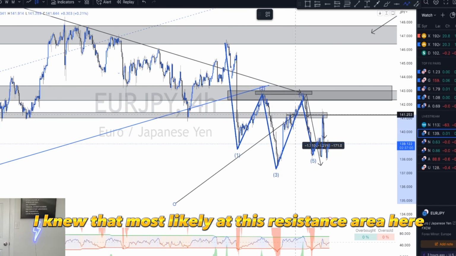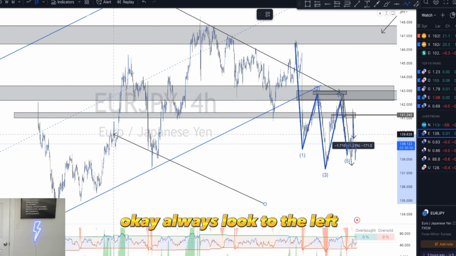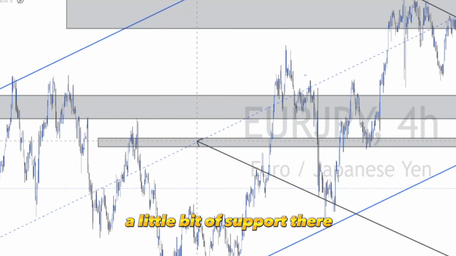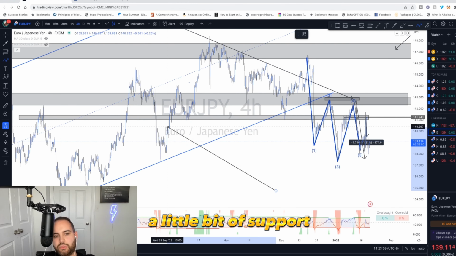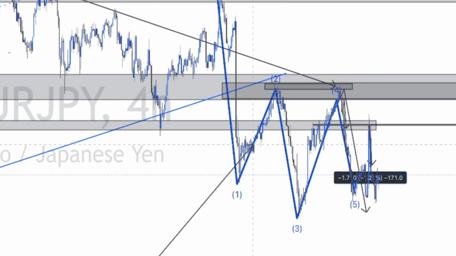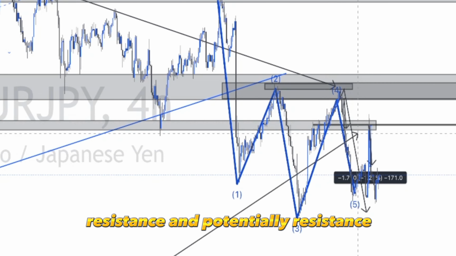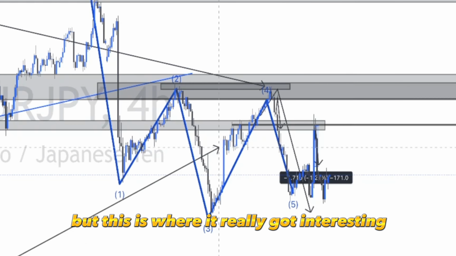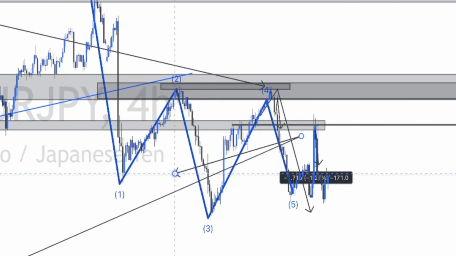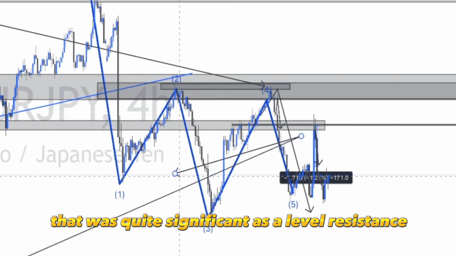I knew that most likely at this resistance area here, because if we look to the left, always look to the left, always look at the past. Look, we got resistance, a little bit of support there, a little bit of support, right? Support, resistance, and potentially resistance. But this is where it really got interesting, okay? So knowing that now we were at this level that was quite significant as a level of resistance,